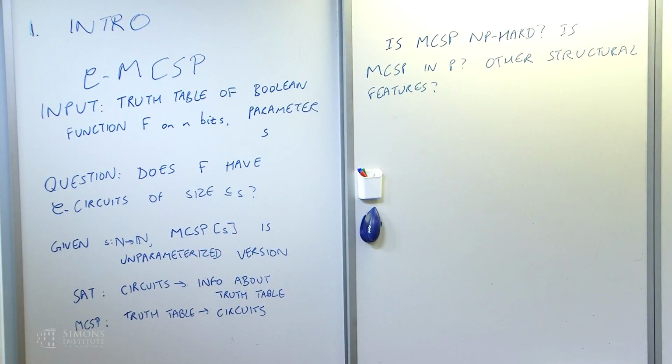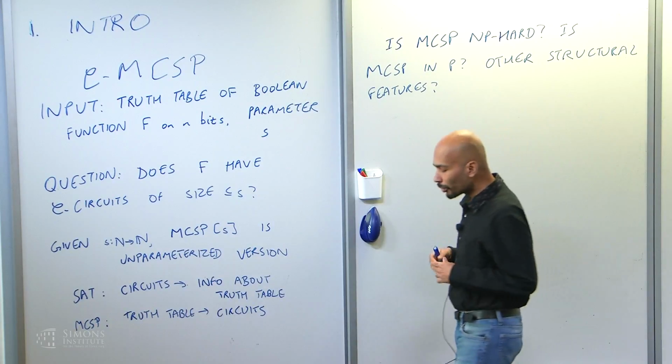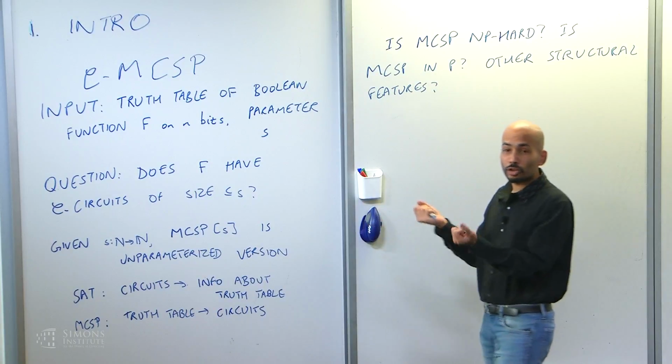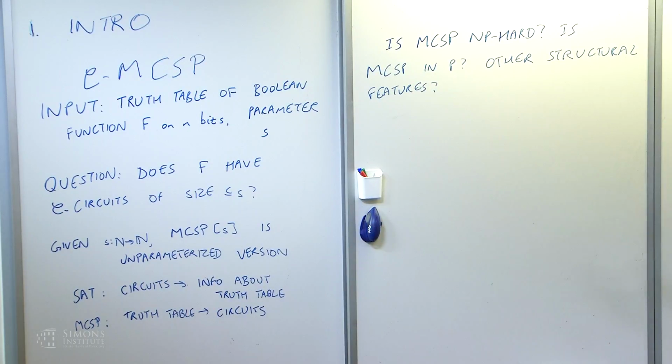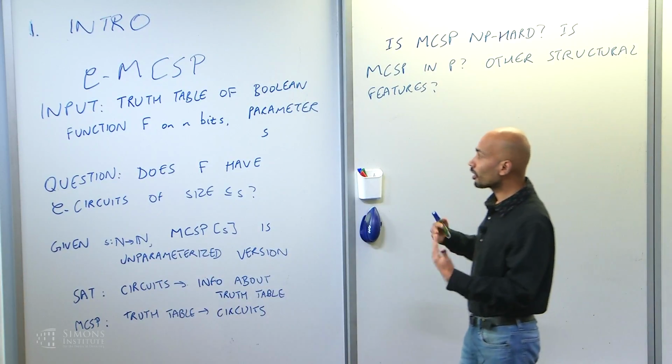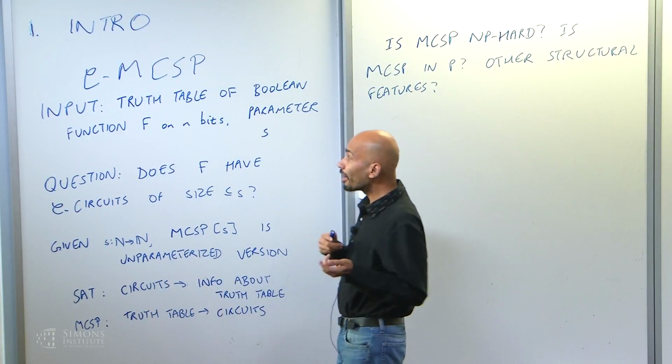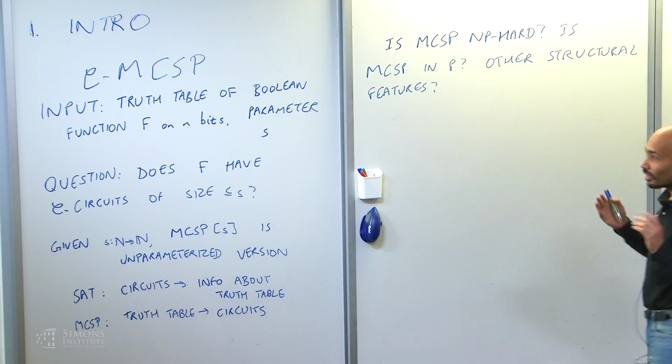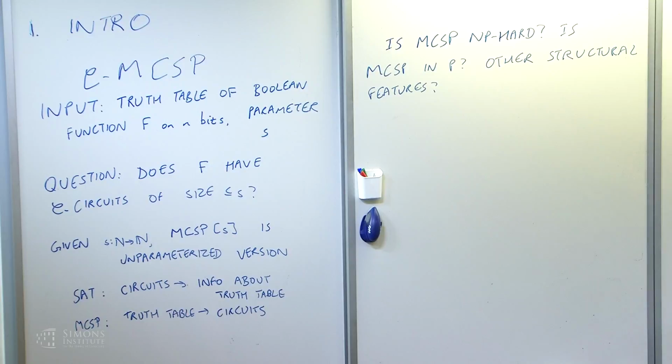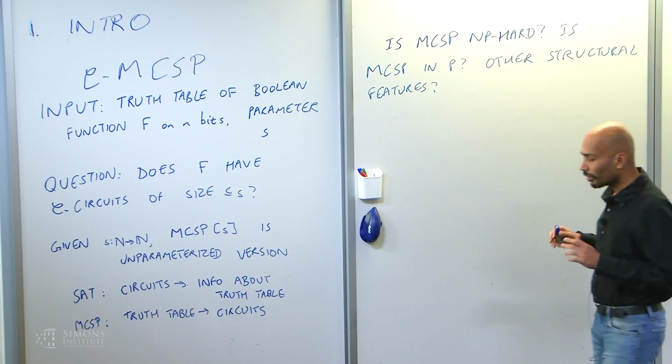This perspective connects the problem to questions in computability theory, where there's Kolmogorov randomness and you want to know whether a string is Kolmogorov random or not, and to various other questions in between complexity and computability theory. And Eric has several excellent surveys adopting this perspective and looking at what this tells us about the complexity of MCSP. But I won't be saying much more about that here.